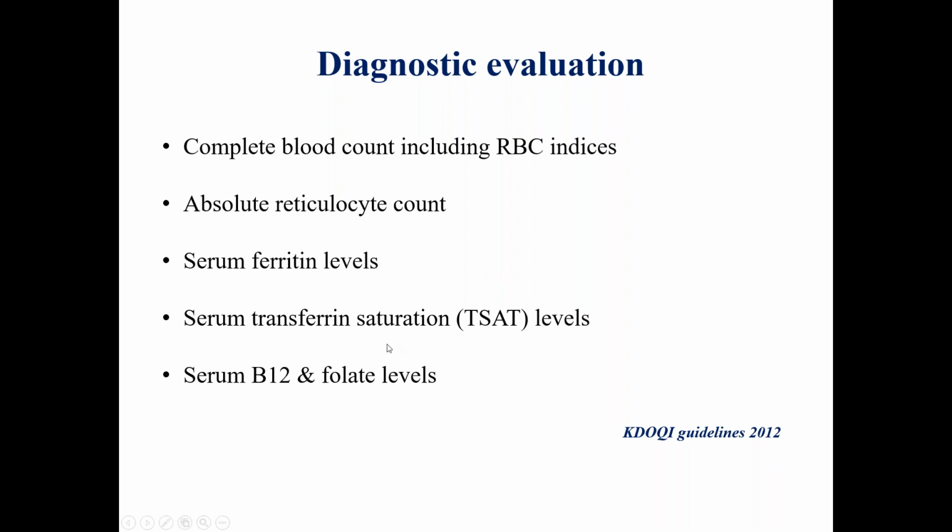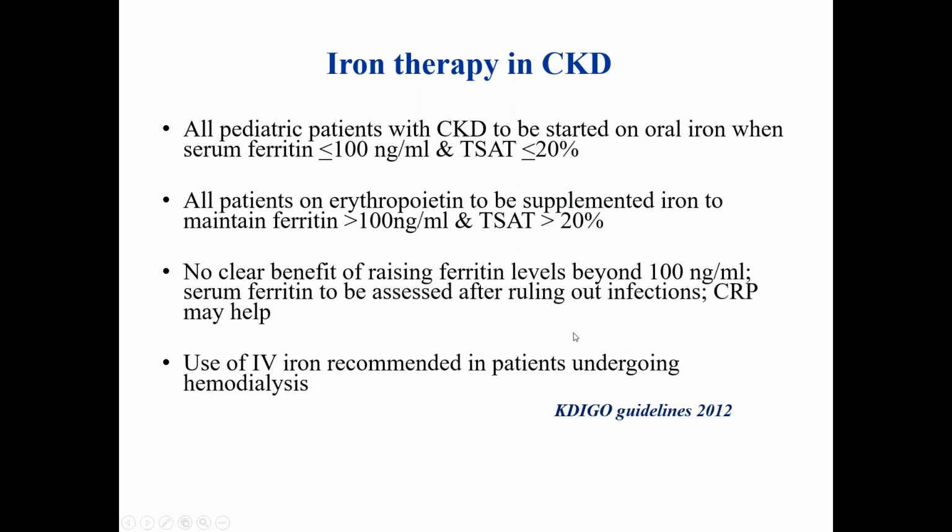And serum ferritin levels, the transferrin saturation levels, and a concomitant B12 and folate deficiency can be identified by doing the levels. Now, all these patients would require iron therapy whenever their serum ferritins are below 100 nanograms per ml and their TSATs are less than 20%. Most patients of CKD would be started on oral iron therapies, which could be ferrous preparations, which could also be ferric preparations. Only in patients who are undergoing hemodialysis, we use IV iron, which is primarily ferric preparation in children. And so we usually don't use IV preparations in patients